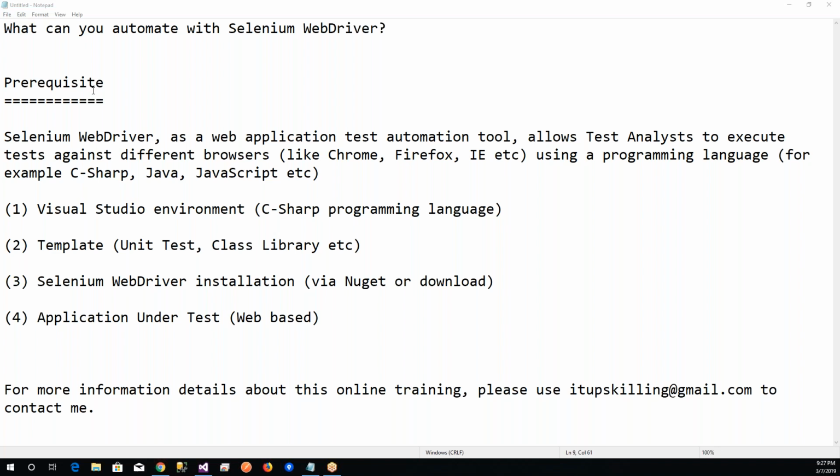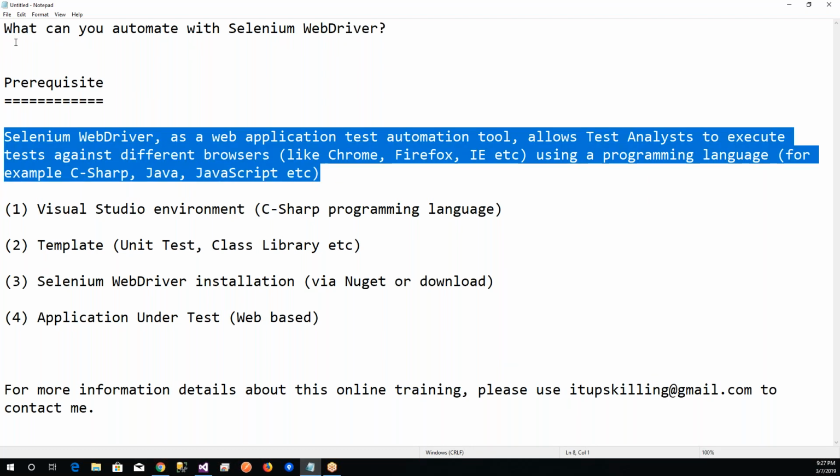Hello, this is a quick walkthrough around what you can use Selenium WebDriver to achieve. I have these few points to discuss. What can you automate with Selenium WebDriver? Basically, what is Selenium WebDriver, by the way? Selenium WebDriver